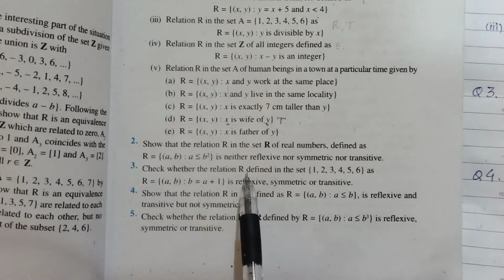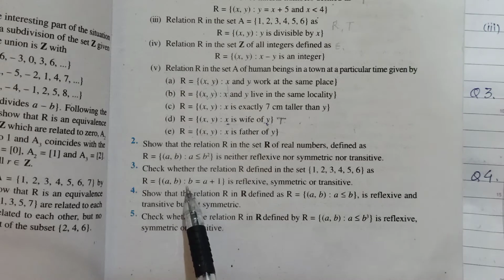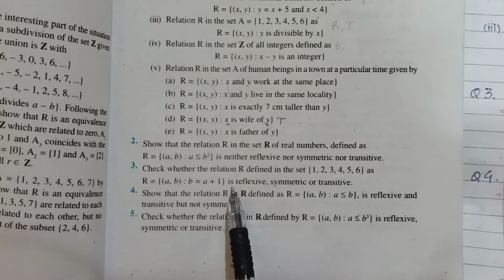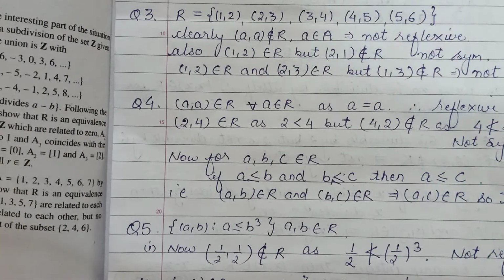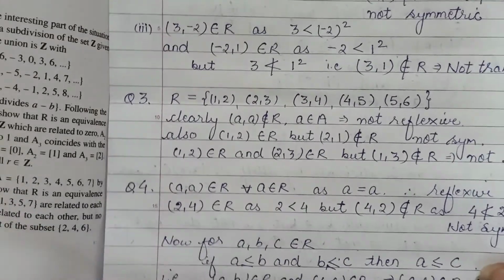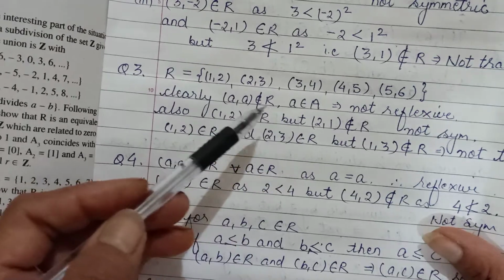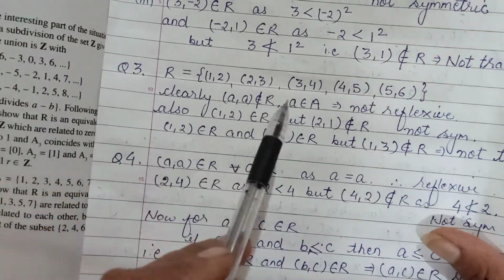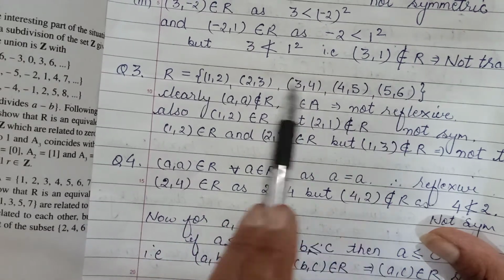Now what was the third question saying here? Check whether the relation defined on the set 1, 2, 3, 4, 5, 6, with ordered pair a and b where b is a plus 1, will be reflexive, symmetric or whatever. Okay, so the set was 1, 2, 3, 4, 5, 6. So I told you the entries a and b both, the first entry of the ordered pair and the second entry both cannot go beyond 6. 1 to 6. Okay, so हमारा domain, codomain या image कहना चाहिए, rather should not be codomain. तो वही होगा 1, 2, 3, 4, 5, 6. But हमारा domain as well as range will not go beyond that.